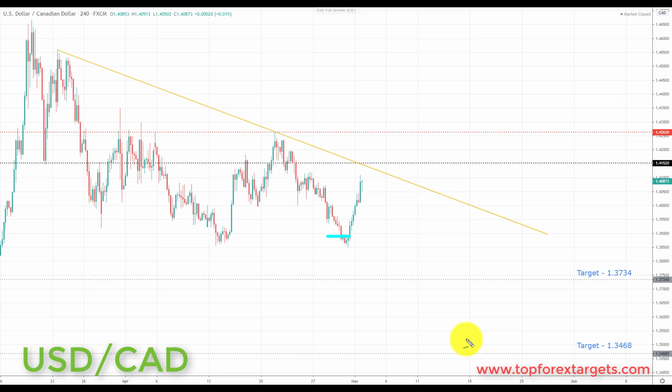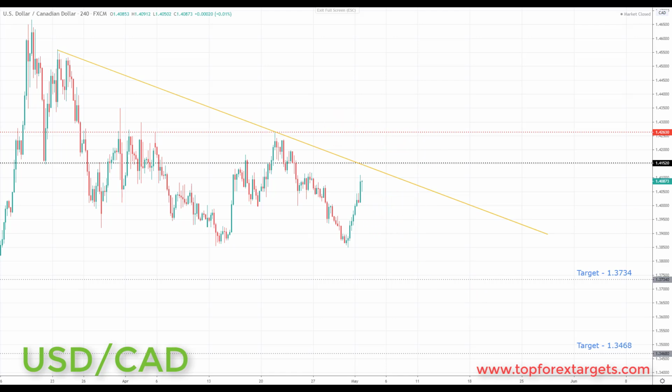Yes, I know that crude oil has basically collapsed. This is negative for the Canadian dollar. However, as it stands, we are still structured to the downside in this near-term downtrend. And as long as we are structured to the downside, especially as we have a weaker dollar as well, we are currently favoring short positions. This will change if we break the 1.42630. This is when we would start to look for a potential break to the upside and a reversal. But going into next week, we are not in this area.